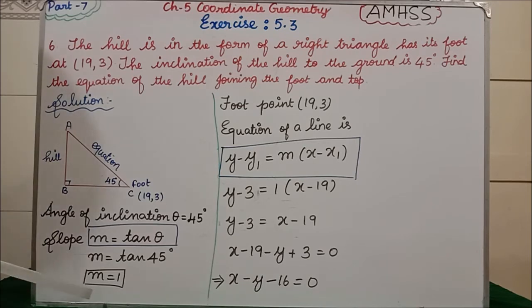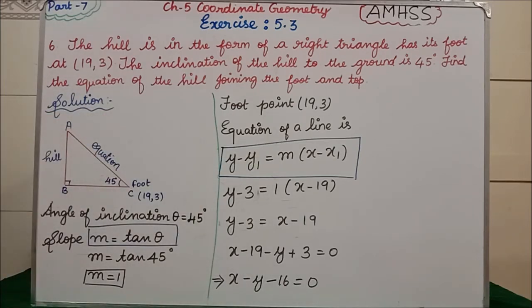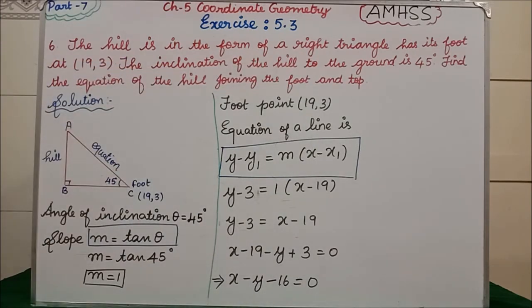Next, now we have got one slope and 1 point. I told you in part 7, in the starting introduction, if one slope and one point are given, what is the formula for the equation of a line? y minus y1 is equal to m into x minus x1. If one slope is given, we apply this formula. This is our x1, this is our y1. If you need, I can write it at the top.